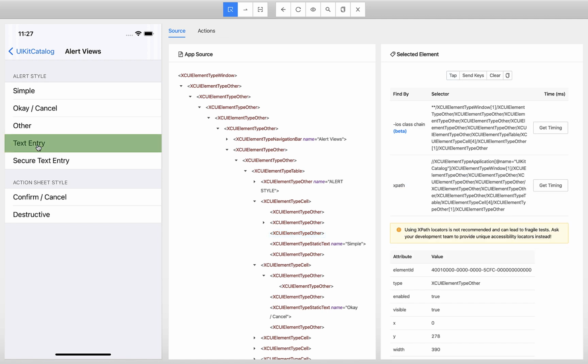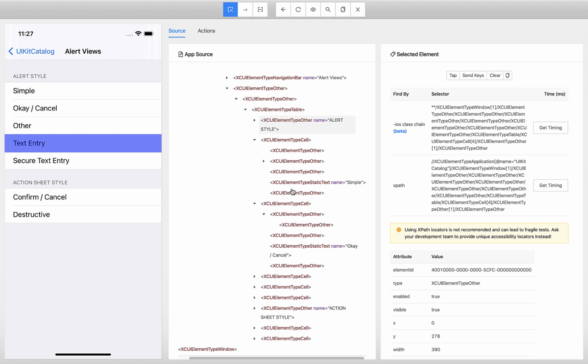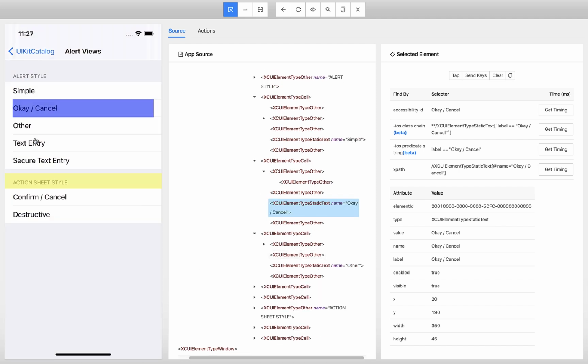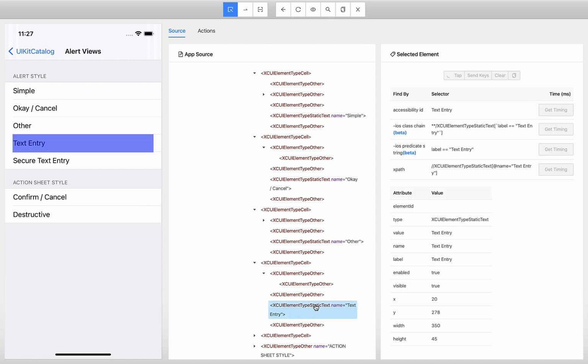When you select this, you are not getting unique identifiers here, but I told you, right? So come down to your hierarchy of the code, and here it says OK, right? And if you scroll down, it's a text entry. Here it is. When you select this, then you are getting properties like accessibility ID and all these attributes.